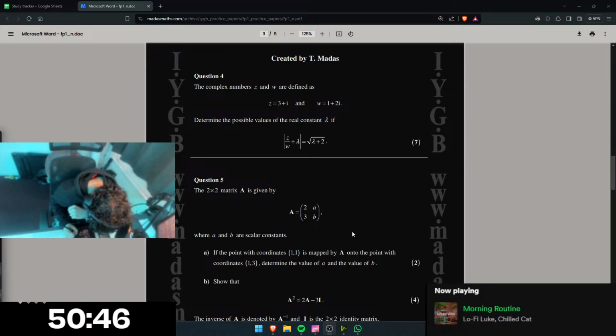We can just cancel these to be left with 3 plus i over 1 plus 2i squared plus lambda squared equals lambda plus 2. If we times out the imaginary part, we get 1 plus 2i over 3 plus i squared,